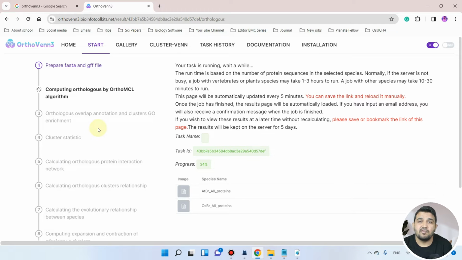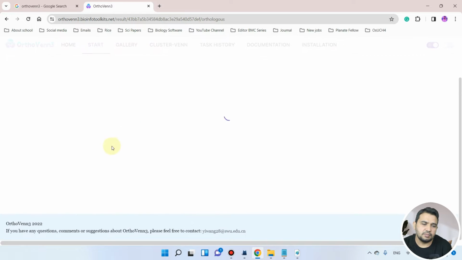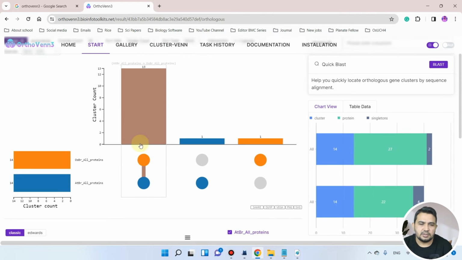But if you are performing orthologous analysis or evolutionary analysis at the whole plant genome level, then it may take even days. Now it is performing orthologous overlap annotation and cluster GO enrichment. You can see up to 6 are already done, so we can wait a bit more. Now it is calculating the evolutionary relationship between the species, and that's all.